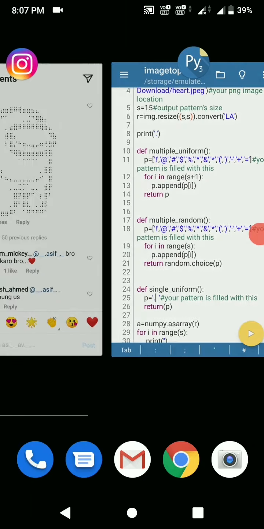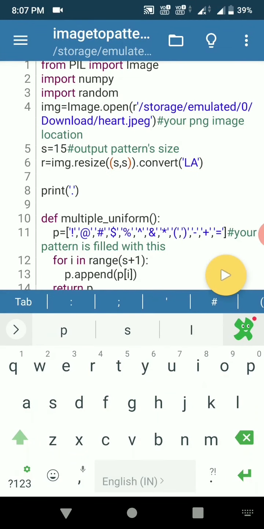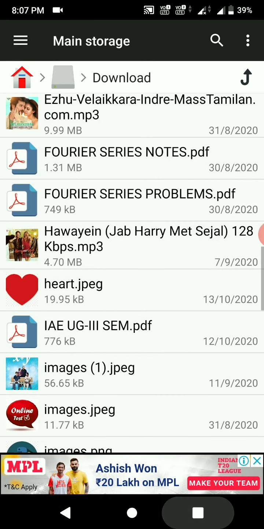Here is a heart image downloaded from the internet, and I mentioned here the path of the image, storage emulated download heart.jpg. I have this image in the download section.